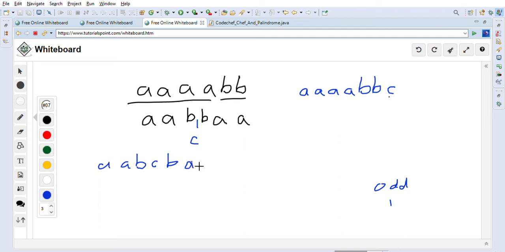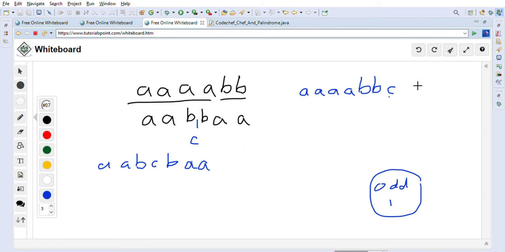So now this becomes a palindrome: AABCBAA. It reads the same from front and back. In this case we have one odd character, so this is fine. Whenever the number of odd characters is 0 or 1, we are good.